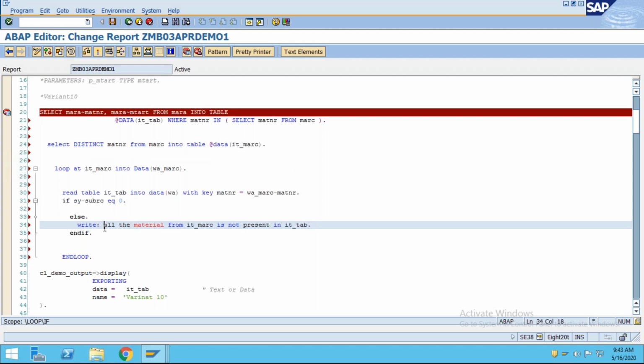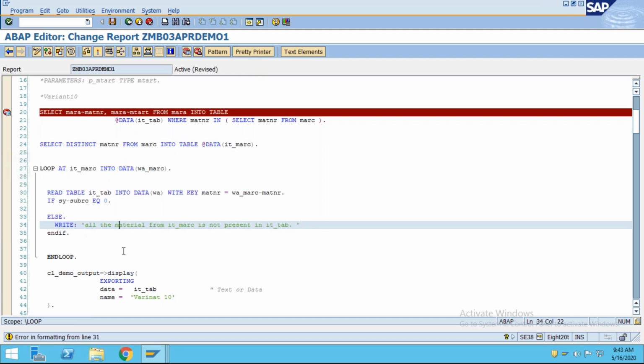By this way we can verify whatever result I'm getting, whether it is coming or not. So like that we can verify. Actually it's already verified, we don't have to do all these things, I'm just showing you.